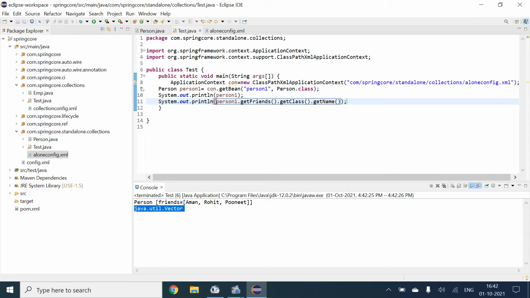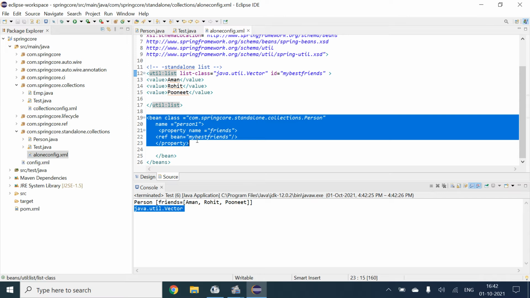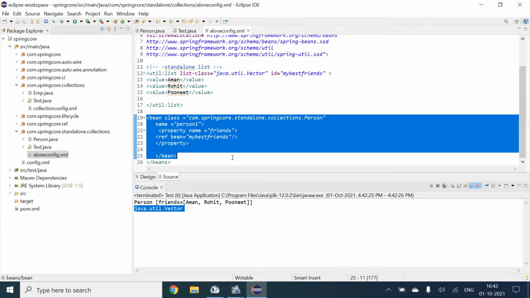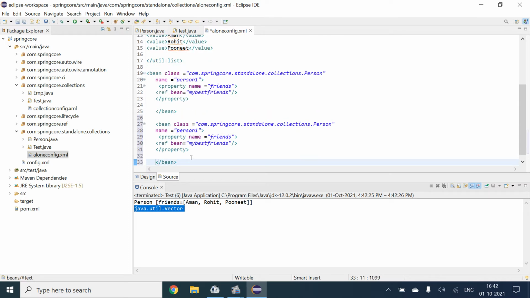So now what we will do is we will create another bean. Here we will copy this bean till here and we will come down. And in this we will give this as person 2.